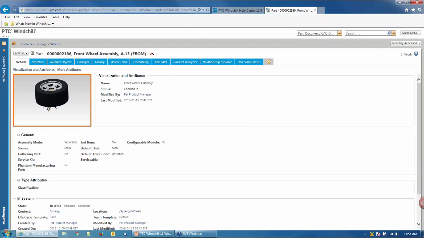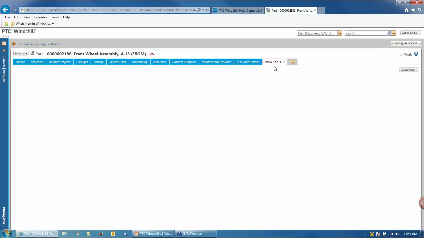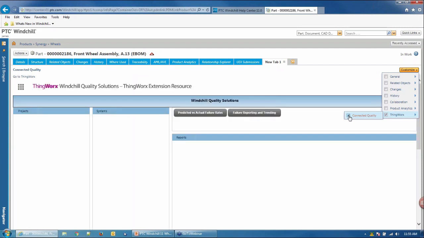Now, the enhancement I mentioned in the presentation was related to the ability to configure the Windchill UI to display ThingWorx mashups. So specifically, what I'm going to do in this case is add a new tab to this user's interface. Using the Customize pull-down, I have the ability to include now predefined ThingWorx mashups. So in this case, I have a connected quality mashup that I want to display that's leveraging the new Windchill